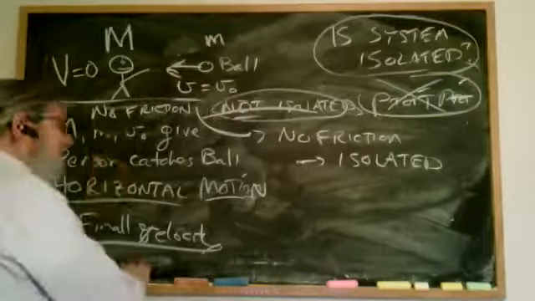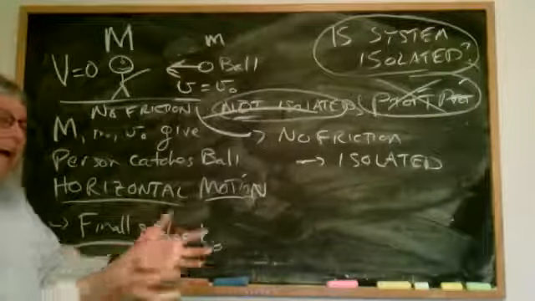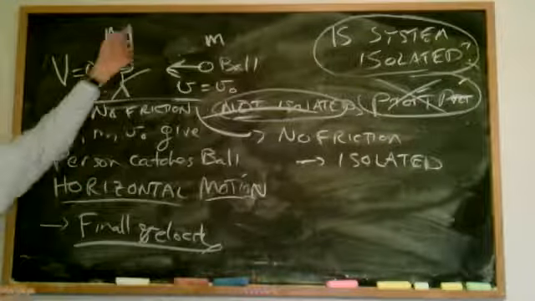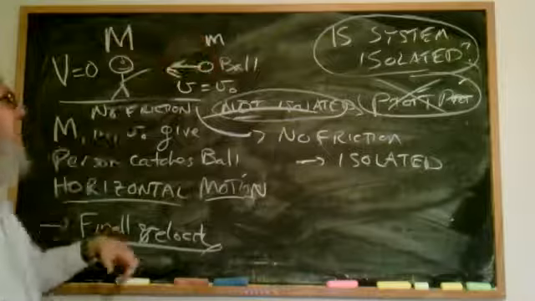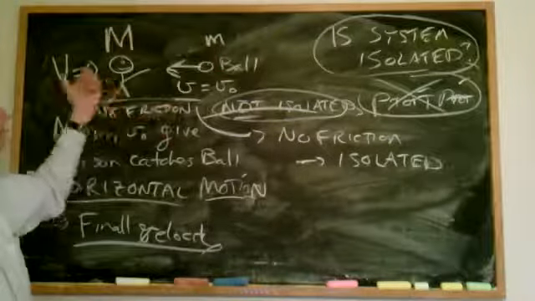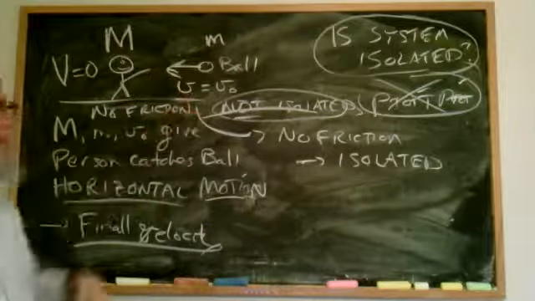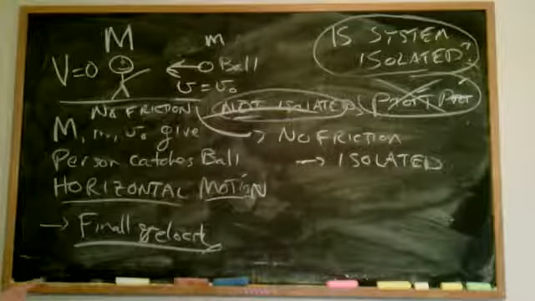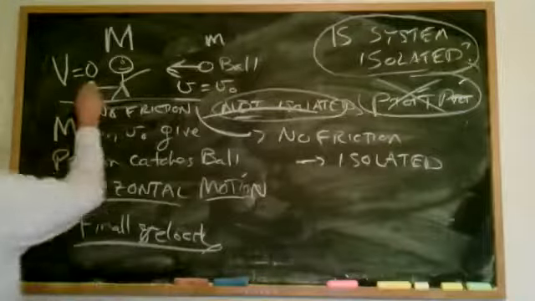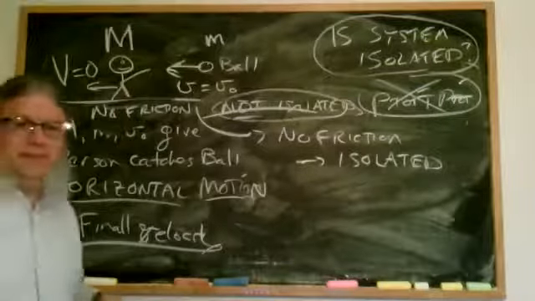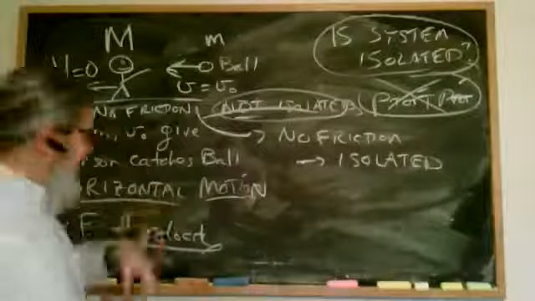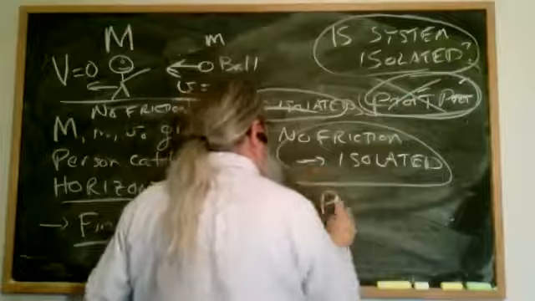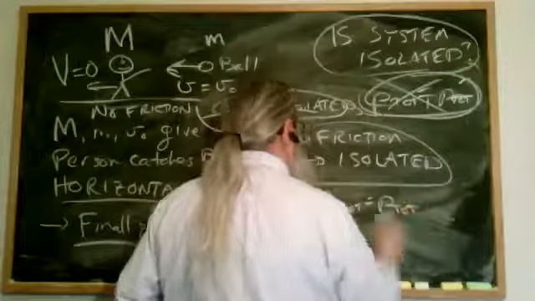After I catch the ball, if I'm standing on ice and somebody tosses me the ball, I catch the ball and then I continue to move backwards. I move back slower because the total mass of the system, big M plus little m, times my new velocity, which is v prime, has to be equal to little m, the smaller mass, times the original velocity. So I slow down. I don't move as fast as the ball was moving, but I still move. As soon as I catch that ball, I start to move in that direction. Does that make sense? This is so important: I can only apply this rule, p total equals p total prime, if the system is isolated.